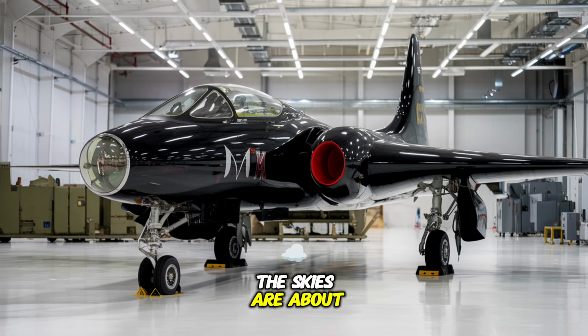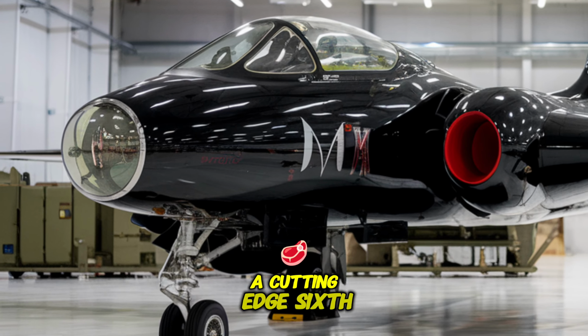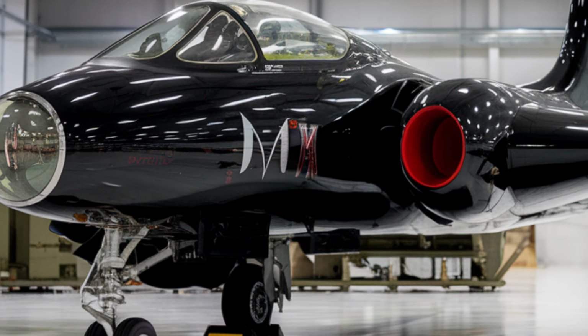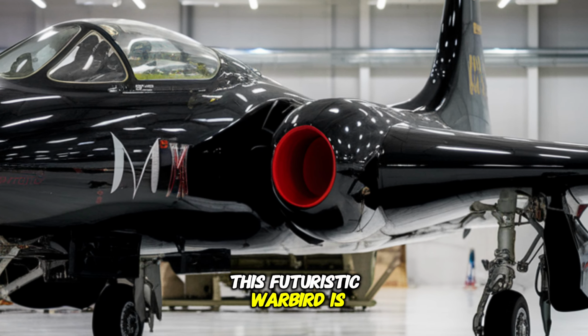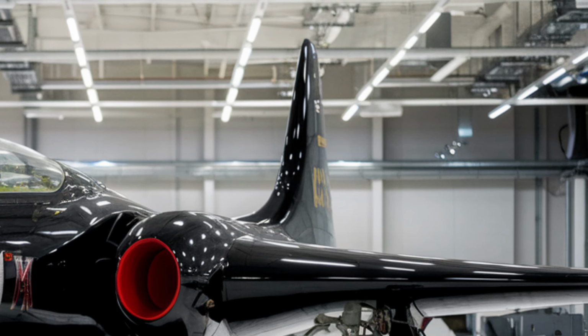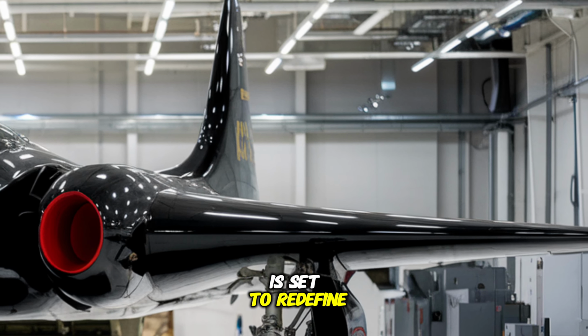The skies are about to witness a revolution with the 2025 XB-70 Valkyrie, a cutting-edge 6th-generation fighter jet designed to dominate the modern battlefield. Inspired by the legendary XB-70 bomber, this futuristic warbird is a perfect fusion of stealth, speed, and precision engineering. Developed for unrivaled air superiority, the new Valkyrie is set to redefine the way we think about